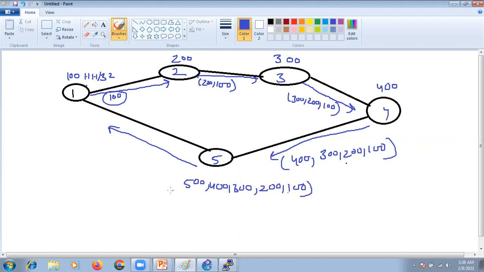All the AS numbers will be added, right? So now when R1 gets this information, this whole list will be checked. In fact, each and every device is going to check this list. If they find their own AS, for example, R1 checks this list and finds my own AS number in it, it means that this information has already passed through me. So it will not accept this update; it will be dropped. So this is how the IBGP and eBGP peers use some kind of mechanism to prevent loops.